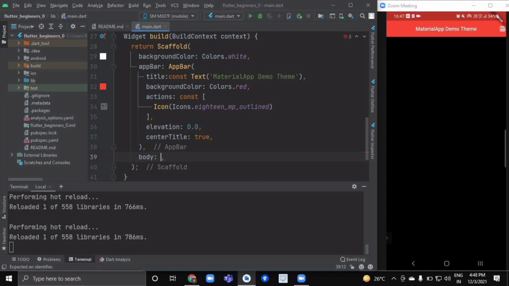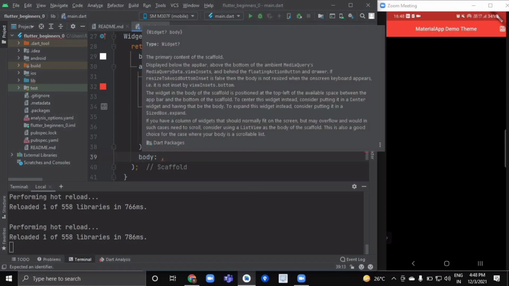This attribute is the primary content of the scaffold, which is displayed below the app bar and above the bottom of the ambient media query. The widget in the body of the scaffold is positioned at the top left of the available space between the app bar and the bottom of the scaffold.